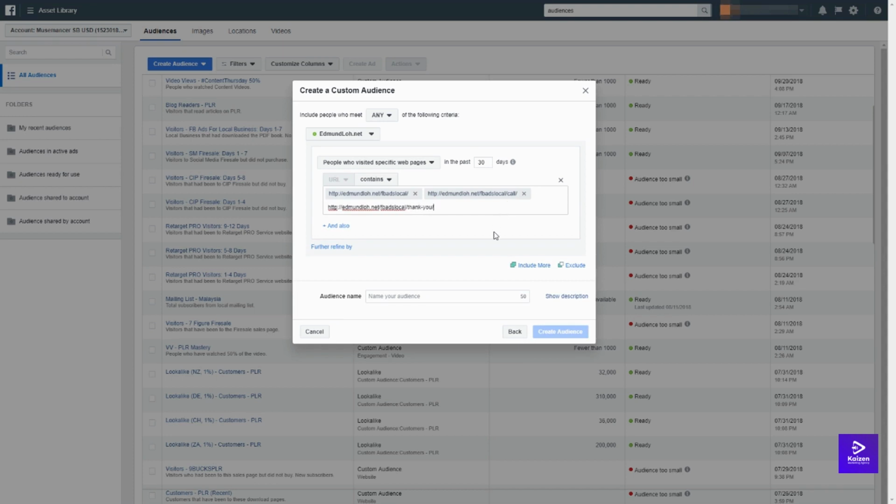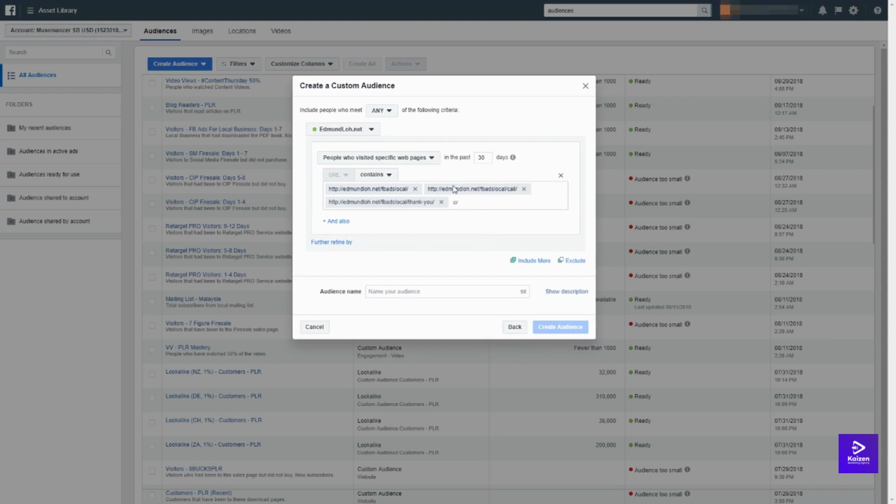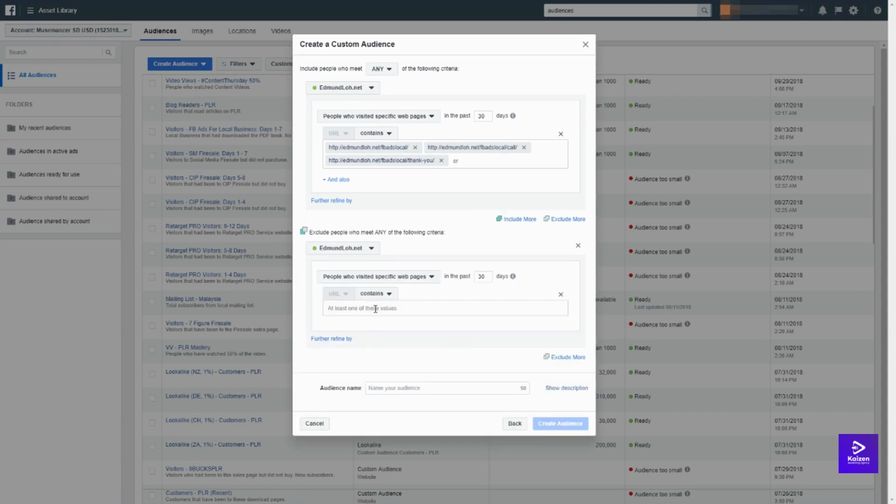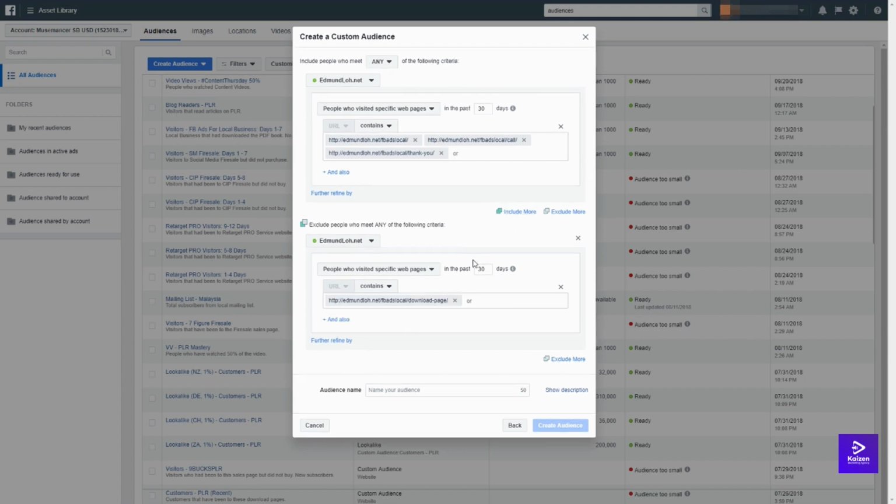All right. So let's just say people have been to any of these three web pages, but they didn't take a specific action. And let's just say this is going to be a purchase, all right? So they're supposed to get to a thank you page, but they've not been here. So I'm just making this up right now. All right, now this address doesn't exist, obviously, but I'm just doing it for an example here. So what I just did here is that